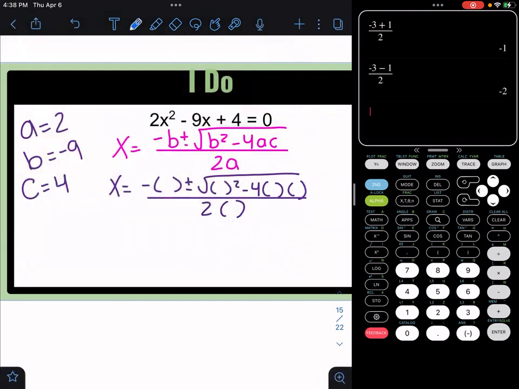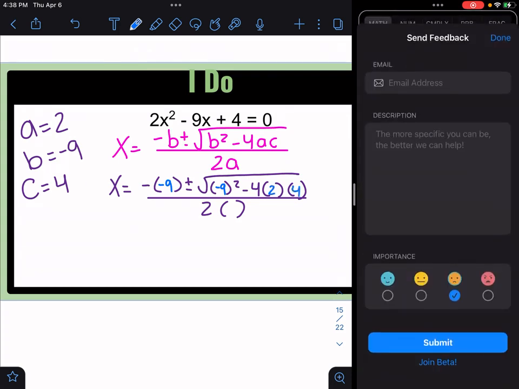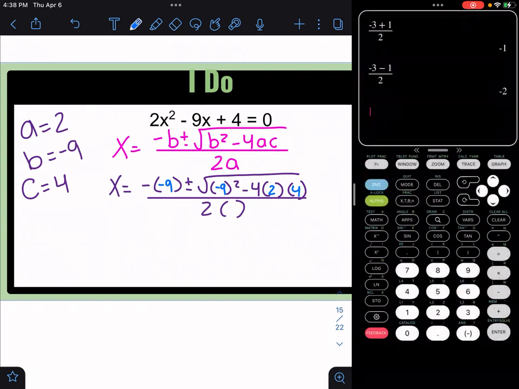Try this part. X is equal to negative B. B is negative 9, so right now we have negative 9, plus or minus the square root of B squared. B is negative 9 squared, minus 4, A is 2, C is 4, all over 2A. A is 2. So we get X is equal to negative 9 is just positive 9, plus or minus square root of